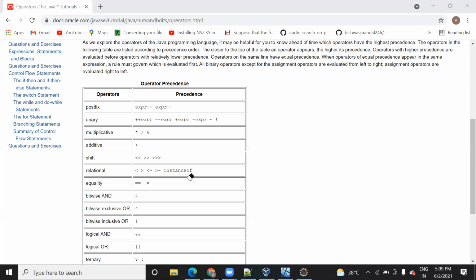And this is called the instanceof operator, less than or equal to, greater than or equal to, equality, not equal. Bitwise AND means when you want to work on bit data, like binary values, performing AND or OR operations on binary values.